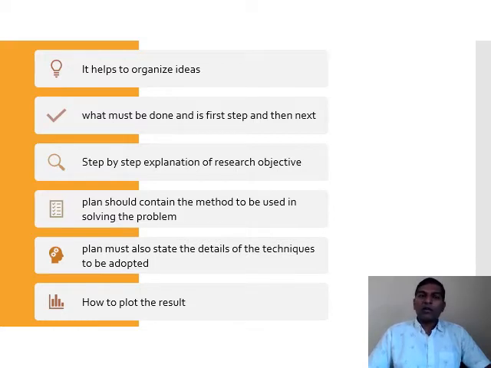Finally is how to plot the result. As we know, we are very sure how we will be executing all the stages. Then we must also be aware of what the output of every stage will be, and of the final stage as well. So if we know the expected outcome after the final stage, then we will define how the result should be displayed or how we are going to justify the result. This plan can also be made.